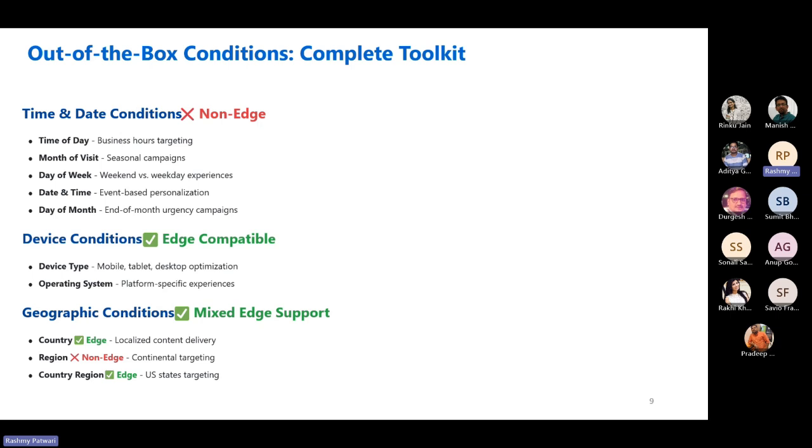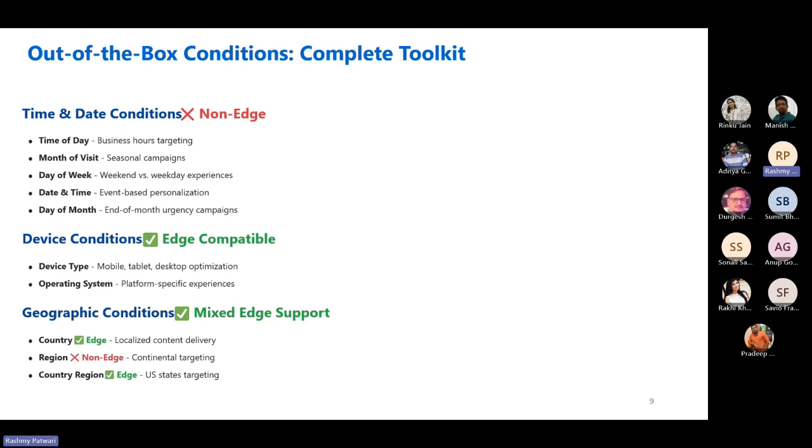One thing we need to be careful about here is that it's clearly documented. I can talk to that, like what is edge compatible and what is non-edge compatible. Some of these out-of-box conditions we see in the documentation as edge and non-edge.